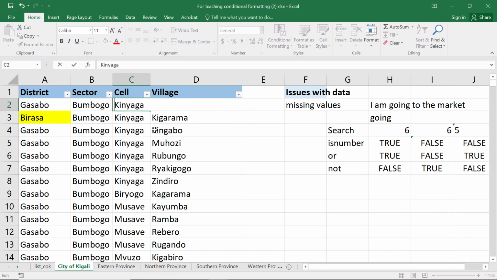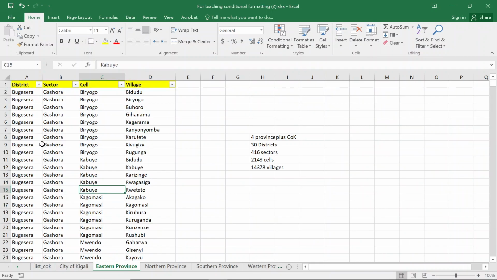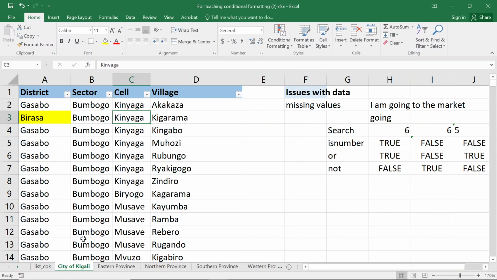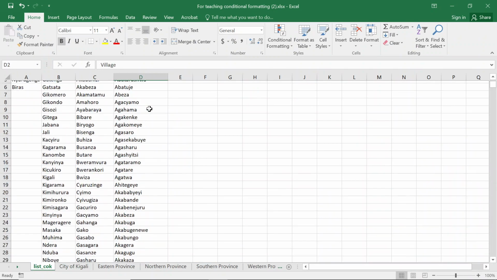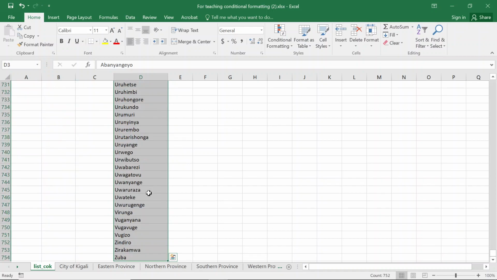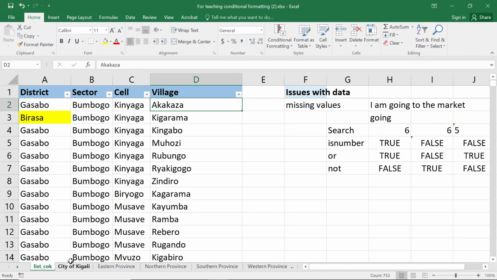Let me go to another province there. This province, we have its specific list. No, let me cross the last column, which is the village. Let me see the number of villages we have in the city of Kigali. The list of unique values within the city of Kigali, there are 752. Can you imagine? 752 unique values. Let me check if Excel can help us to identify if there are any wrong